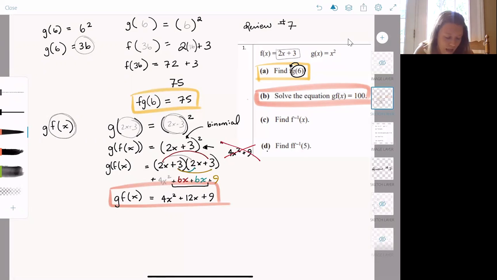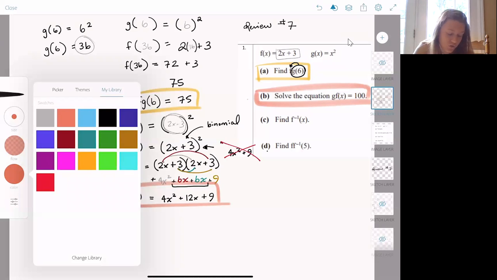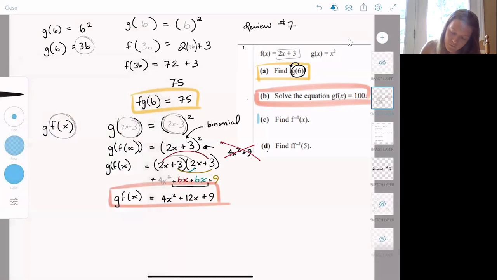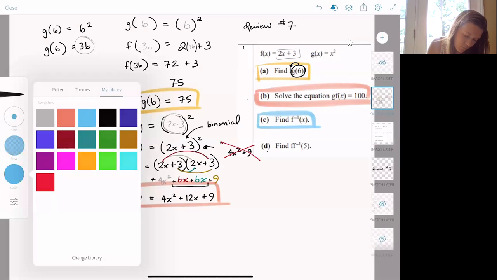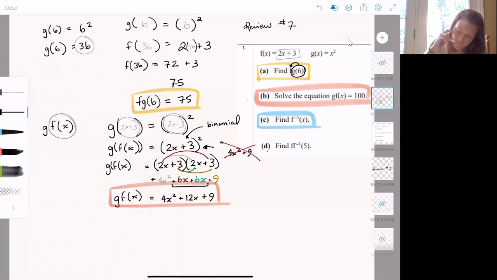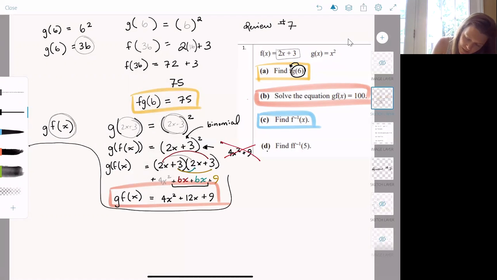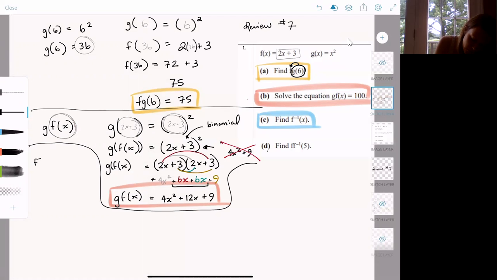Okay, so now let's take a look. Let's change up these colors first, just to keep it weird. Okay, so now find the inverse function of f. Remember, I'm going to draw some lines, keep things a little clear. So now f inverse of x means